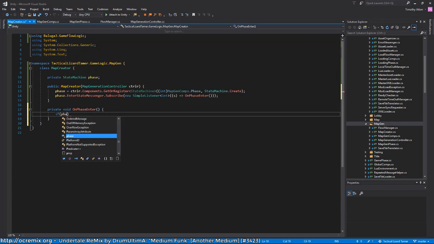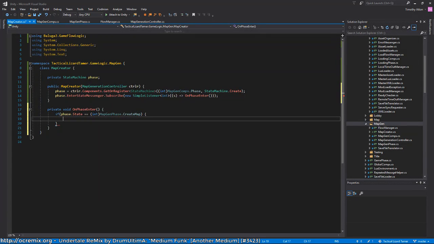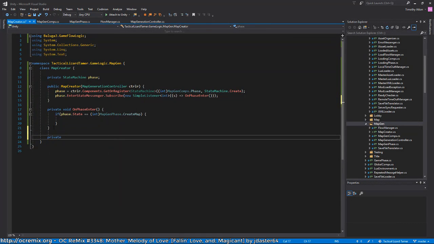So we do something like if phase state equals ent map gen phase, oops, that's the wrong thing. Map gen phase create map. That means that we're ready. But I guess we should probably wait one frame before we actually do that, but okay, so